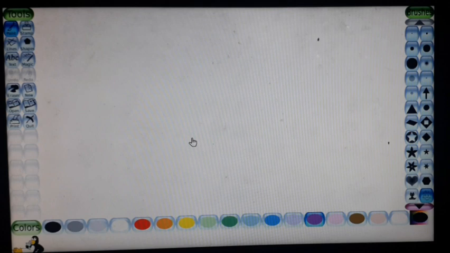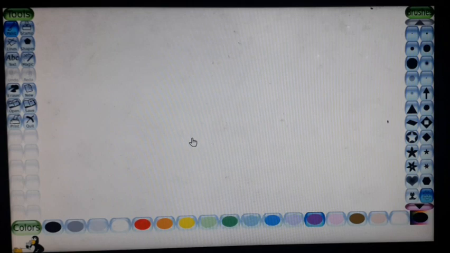Last class we learned about TouchPaint. It is an application software. It is used to draw and color images with animation and effects. We also learned about two tools in TouchPaint. One is the paint tool and another one is the new tool. The paint tool is used to draw pictures and the new tool is used to take a new drawing canvas. Today we are going to discuss some other tools in TouchPaint.